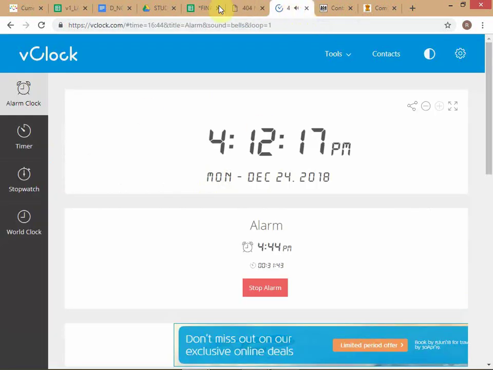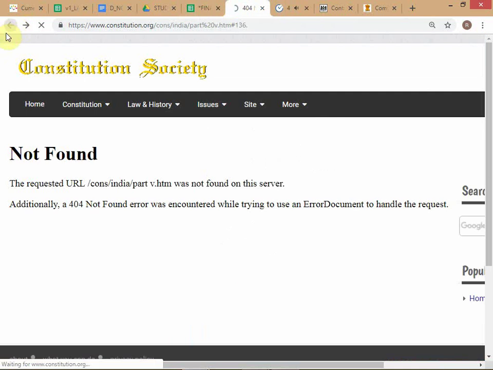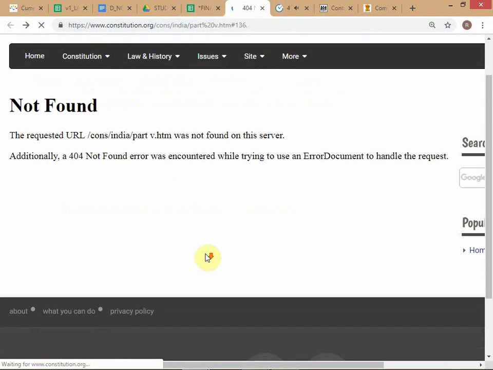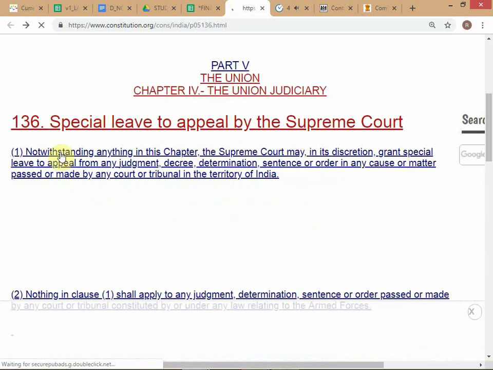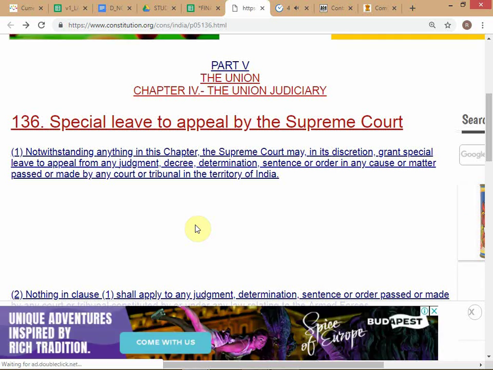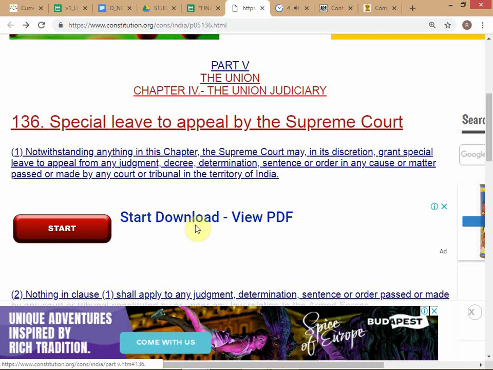I clicked on something and it just disappeared. Oh, I clicked on this notwithstanding, accidentally. So when you see this kind of wording in any legal provision, whether it's a constitution or a statute, notwithstanding anything in this chapter, notwithstanding anything in this act,